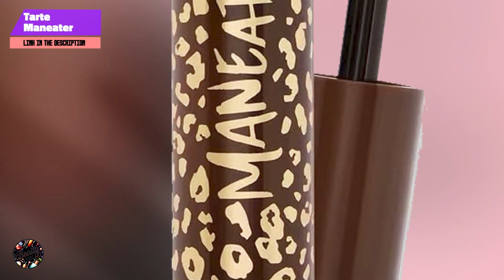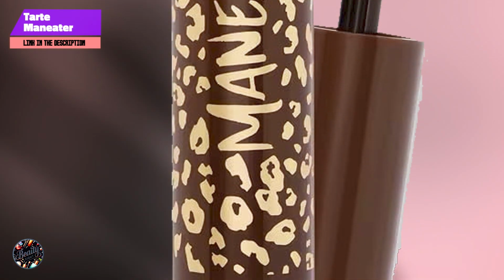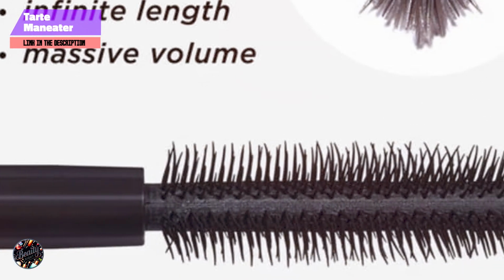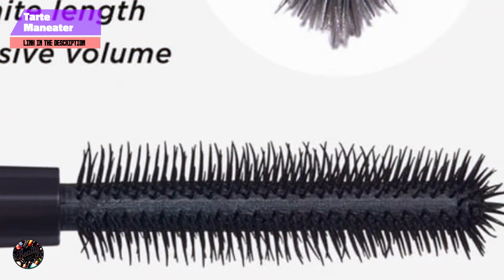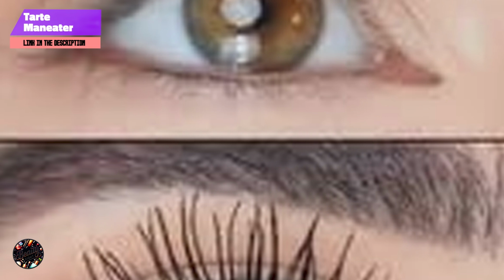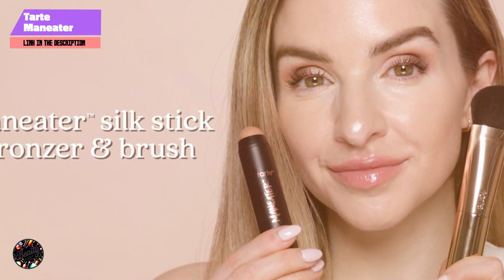Key features: Maneater Mascara features a unique brush design with tapered bristles that help to coat each lash evenly and define them. The formula includes a blend of nourishing ingredients and volumizing agents that contribute to a full, defined lash look without clumping. Benefits and usage: perfect for achieving a bold, defined look, this mascara offers impressive volume and length